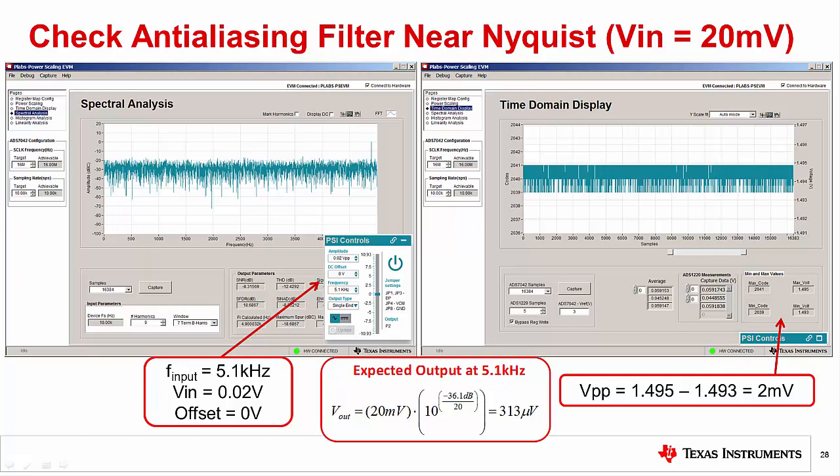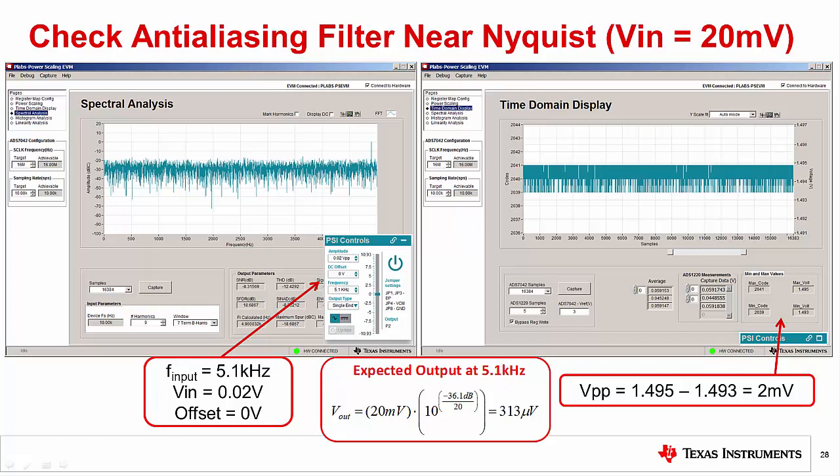We expect the 20 millivolt signal to be completely attenuated. Looking at the time domain signal, we see about 3 codes of noise, or 2 millivolts peak to peak. You can't really see anything that looks like a sinusoidal signal in the noise. Nevertheless, if you look at the spectral analysis, you can see a small component at 4.9 kHz, and this is where you would expect to see an alias of the 5.1 kHz input signal. For all practical purposes, however, the signal is very small and difficult to distinguish from the noise floor. Thus, the filter is working as expected.